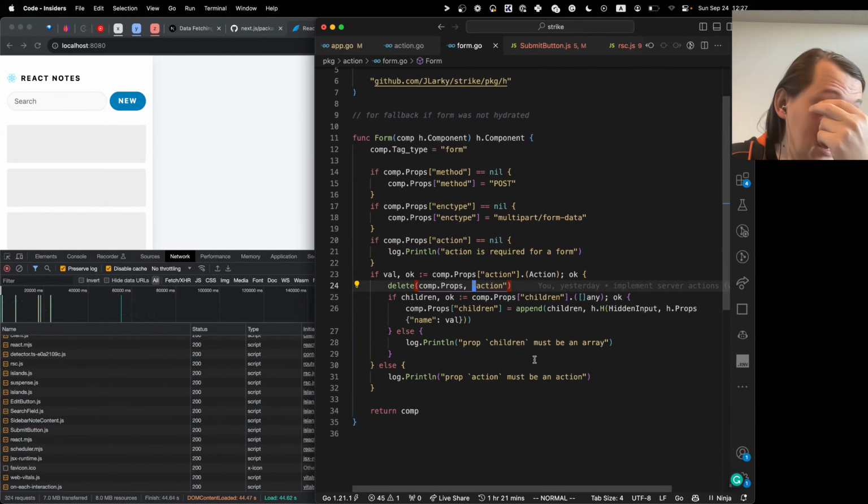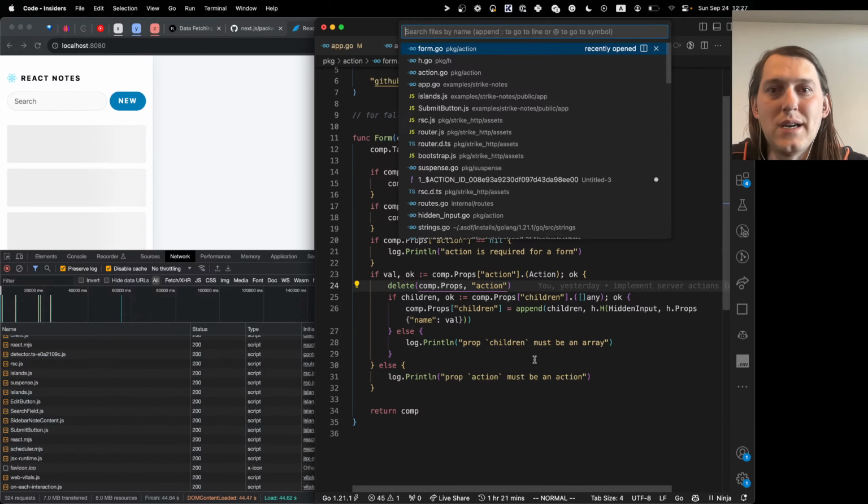One thing is that I can just write a submit button with all of this stuff. But what it should do in React, I should be able to just find all the forms that have actions on them and just use